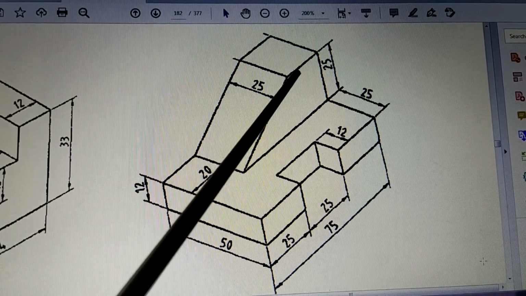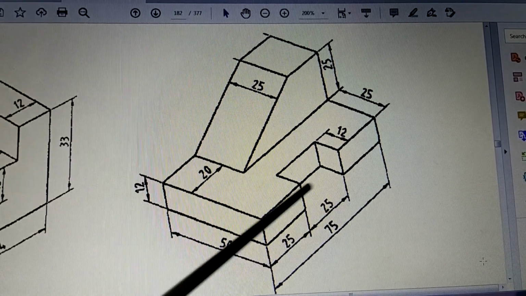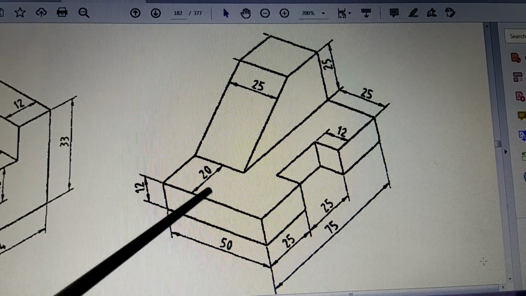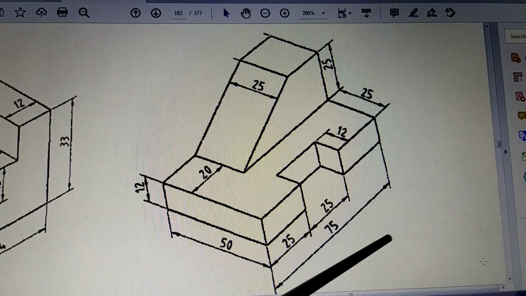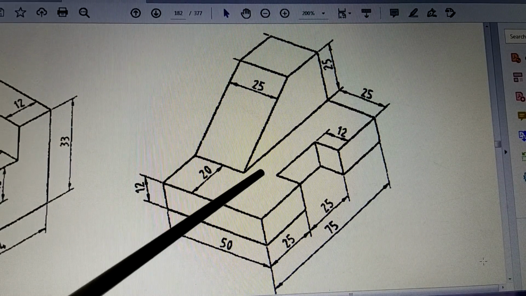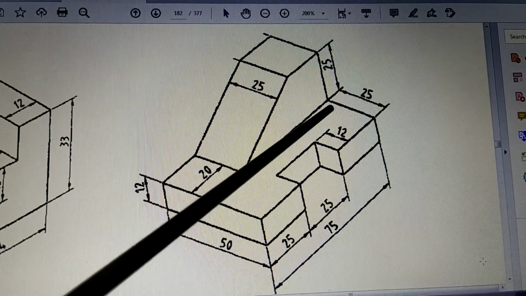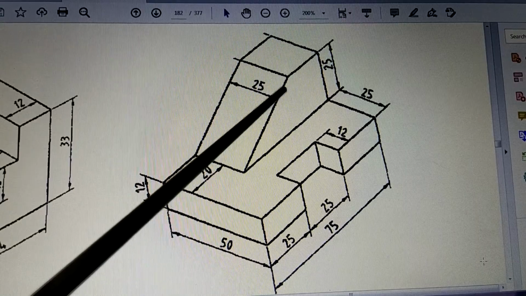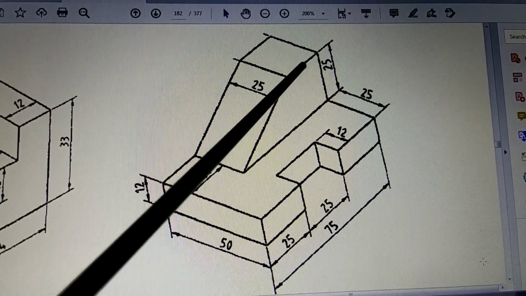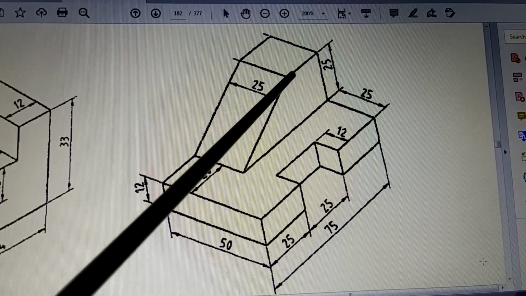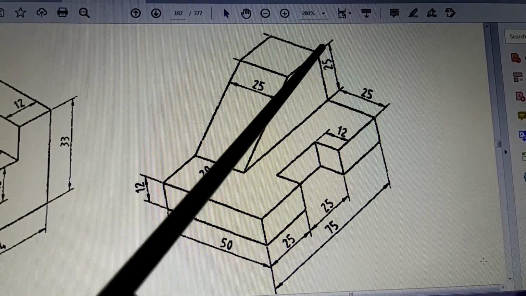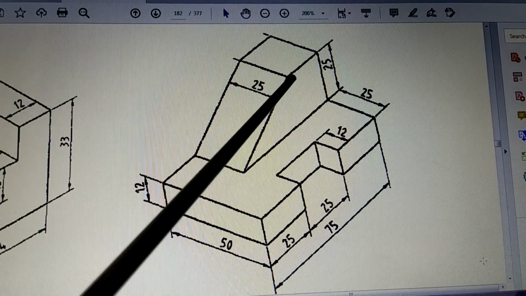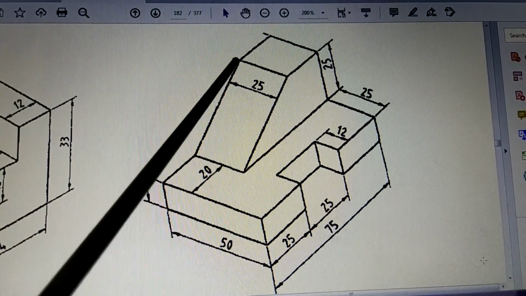Okay, now how much is this distance? That distance maybe you will have to find out. I think that dimension they have not given. They should have given this, because after this 75, this is 25. So this is 55. And in this 55, this dimension they should have mentioned here. Maybe you can take it as 25 itself. So since this is 25, I think it is 20. You take it 20, not 25, but this is seen lesser than this. So make it 20, and accordingly you draw. When you see the top view, you draw this line at a distance of 20. So that becomes the top view.